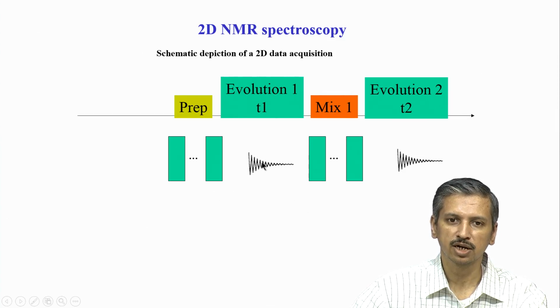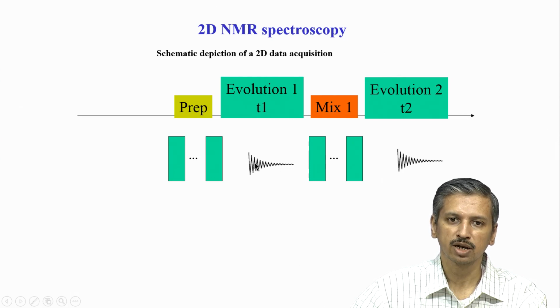Therefore, we normally cut it down to about 200 or 300, let us say about one third of it, and that saves time, because now I have to do 200 times 5 seconds or 3 seconds, depending on how long the entire sequence is. So, this applies to an indirect dimension in 2D, 3D and 4D NMR. In fact, in 3D and 4D you will have 2 more dimensions like this, so there we cut it even more. You can see that as we go to higher dimensions, the measurement time becomes very large,